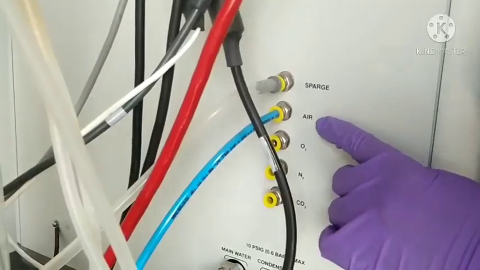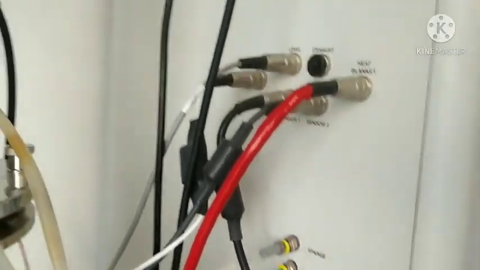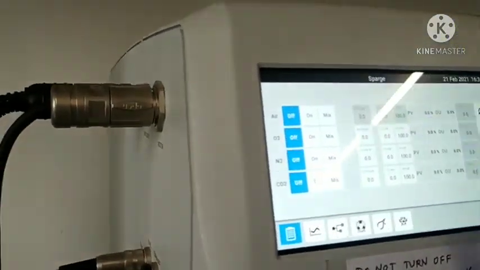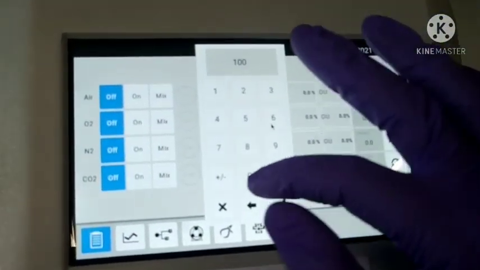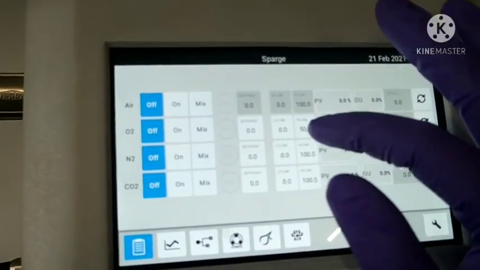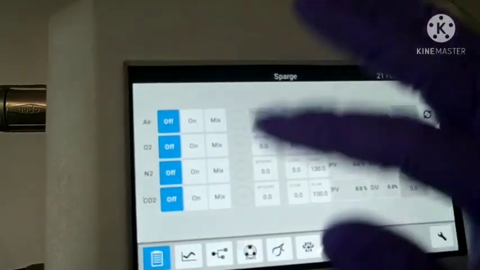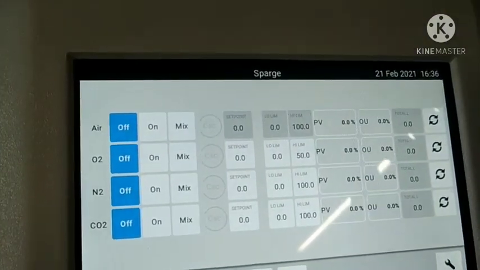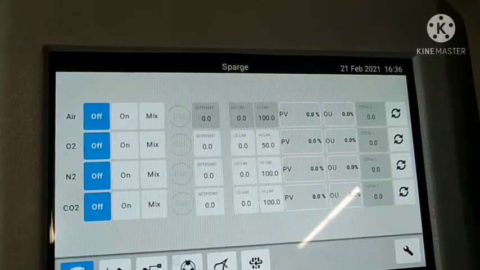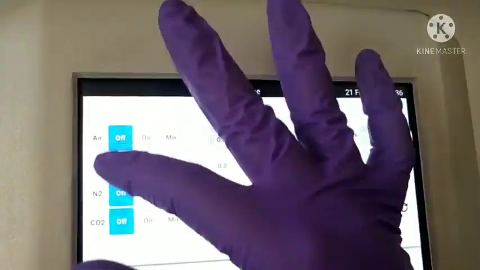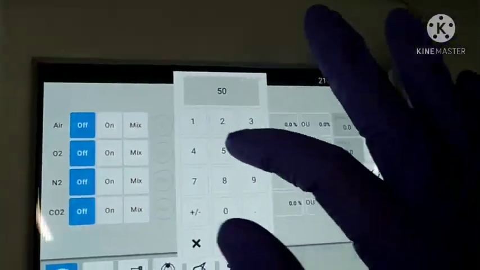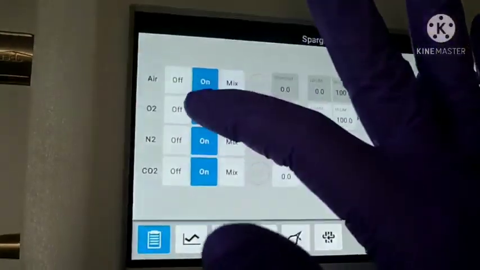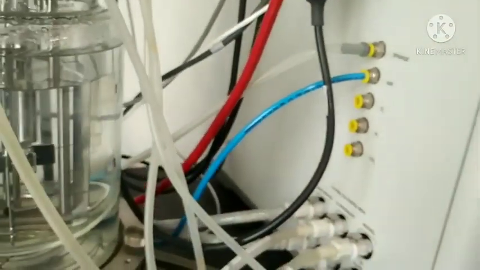The controller will maintain how much percentage. You can maintain the percentage also. Right now I have set it to 100%. You can change it, like 50% or something like that. So this is the mixture of gases you can directly put inside. Sometimes you require high oxygen and less nitrogen, because air has the standard combination, but if you want to make a combination of the other 3, you can change it according to the requirement. After that you just have to switch it on, and the air will go directly inside.